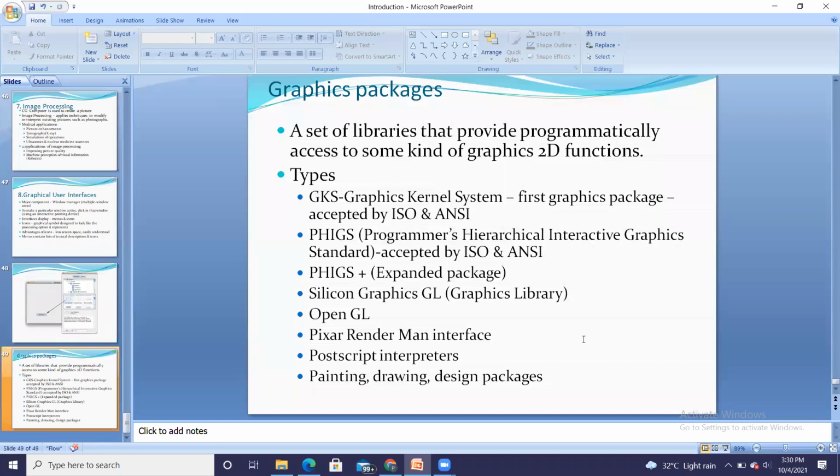From the next lecture onwards, we are going to start with the basic terminologies in computer graphics, that is pixel, frame buffer, etc. Let us stop for today and give attendance.